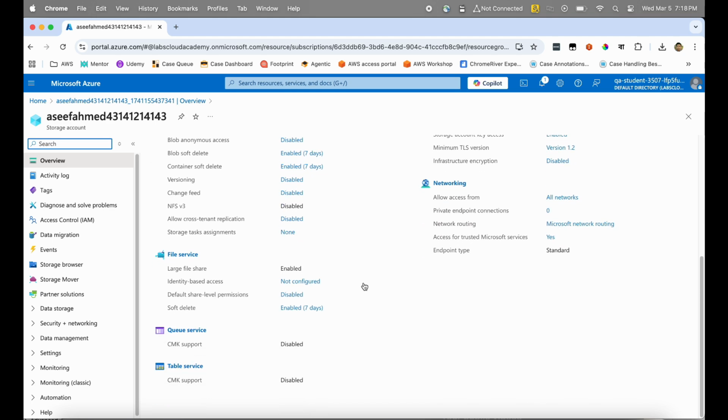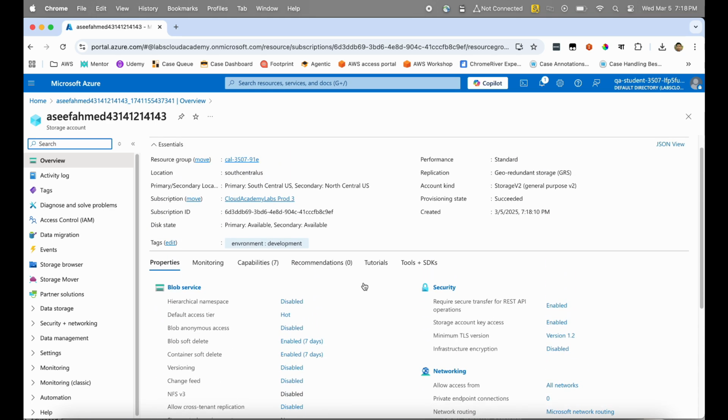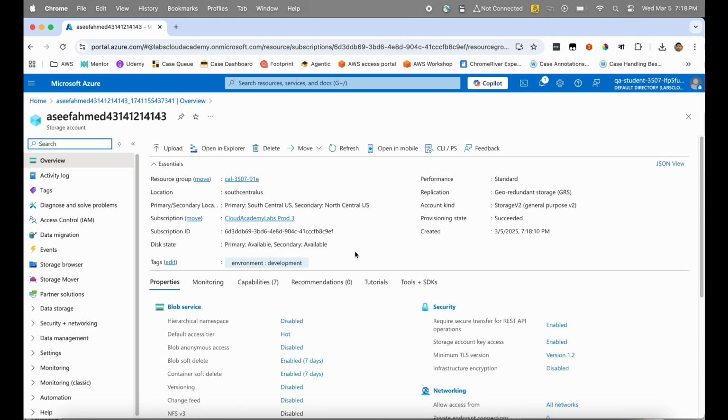So that's how we can create a storage account, and this storage account can be used for blob storage,